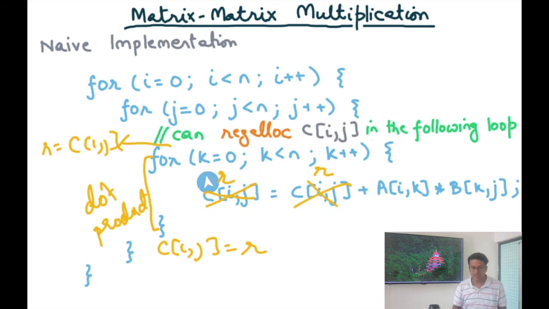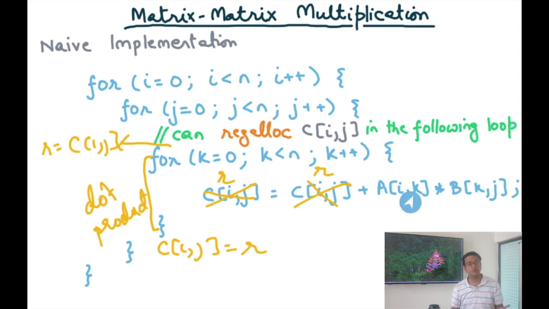And so the register R is just going to take less than a cycle to access, because this register is just inside the CPU. But if I look at A[i][k] and B[k][j], it does not make sense to register allocate these locations, because in this particular loop every location is being accessed only once, and so I'll have to pay memory accesses to access these locations. Notice that for C[i][j], I just had one memory access for the entire loop. But for A[i][k] and B[k][j], I need one memory access for every iteration of the loop.